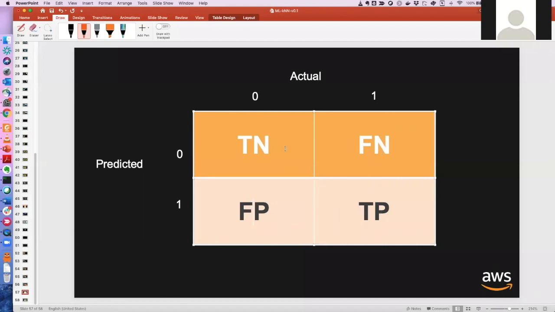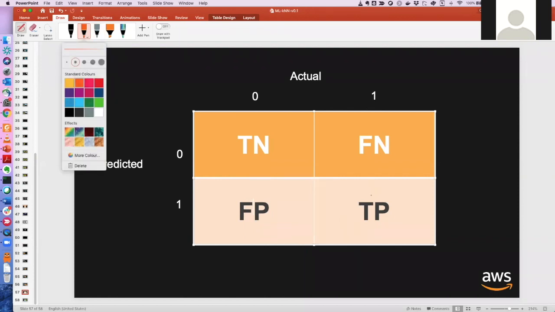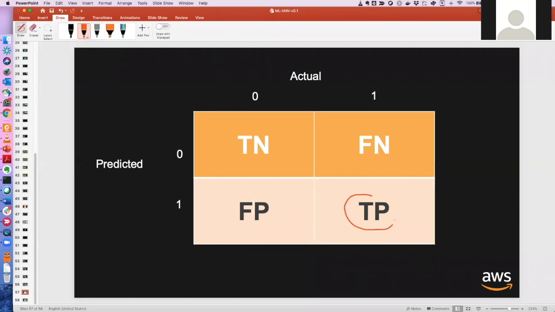And now what are precision and recall and all of that? Precision is TP divided by FP plus TP. That means all the positive points that you have predicted.